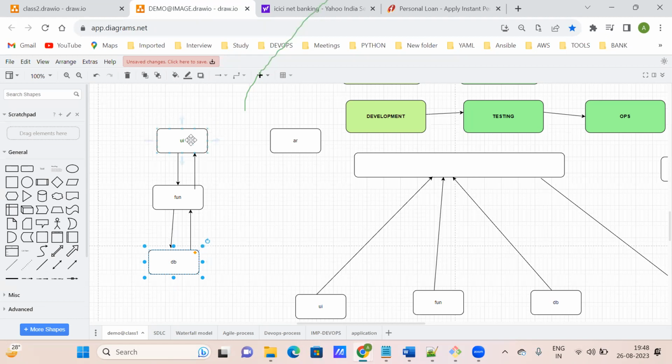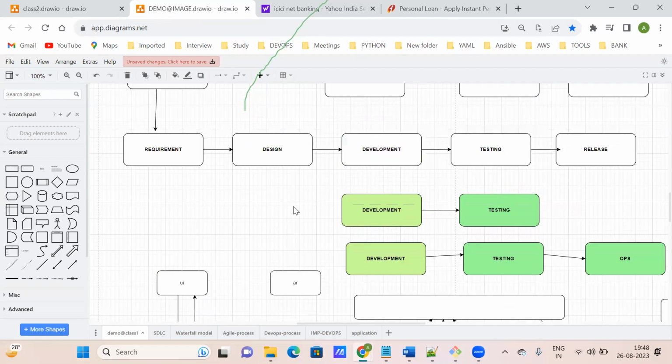So in between that DB and UI, there is a layer called the functionality layer. That is the interface between your UI and DB. So these three developers are working to make your project a success. For UI, you can give the example of HTML, CSS and all. Functionality is Python, Java, C++, .NET, all of this comes under functionality. DB means your database, you can say MySQL, SQL Server, Oracle. So all these things come under your development part.